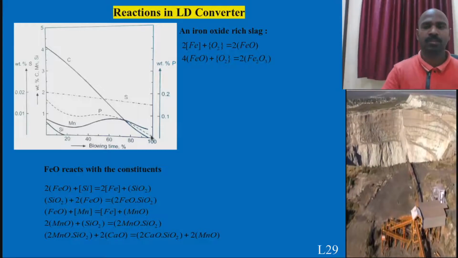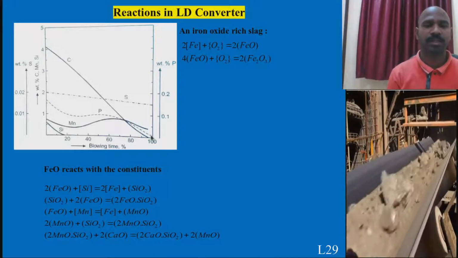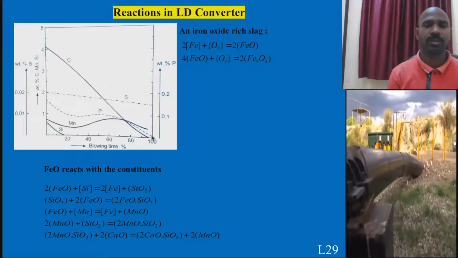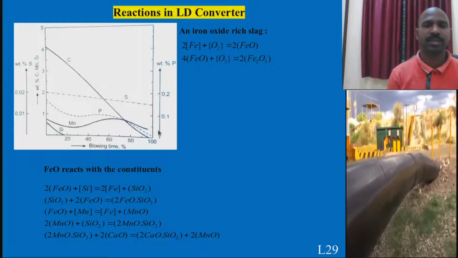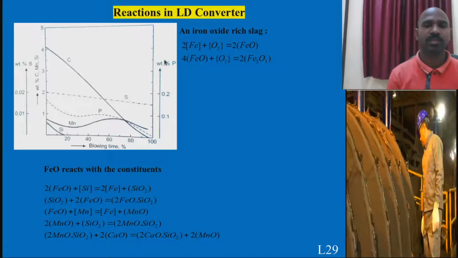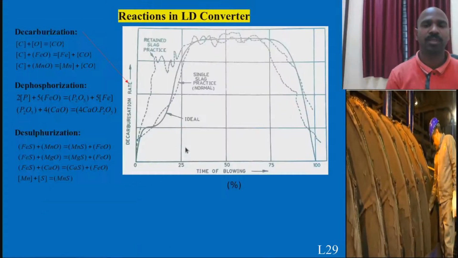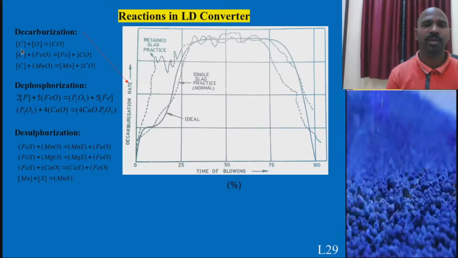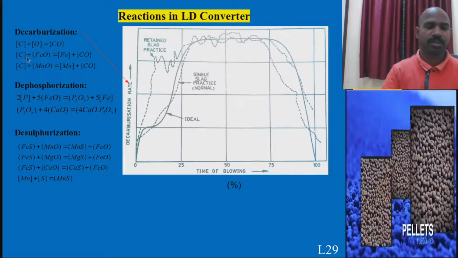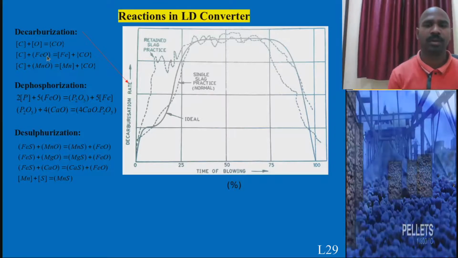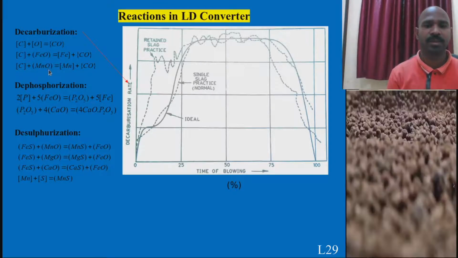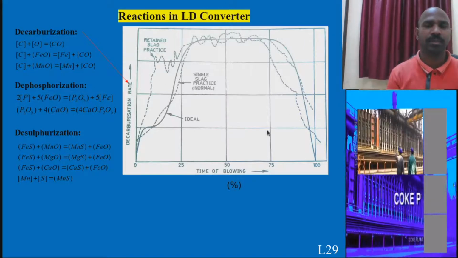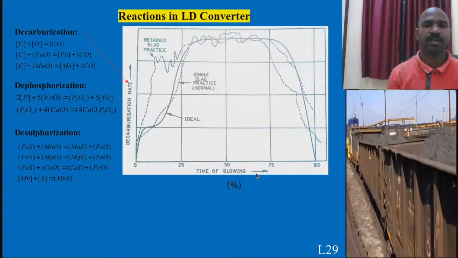In the steelmaking process, the main aim is to reduce the phosphorus, which was not removed in the reducing atmosphere of blast furnace pig iron production, and which will be compensated in LD converter steelmaking. The main aim is to reduce or remove the phosphorus content. Another reaction is decarburization. Carbon in the molten pig iron will react with oxygen. This oxygen will also react with the FeO and manganese oxide. So it gives an overall idea about the decarburization with the blowing time of oxygen.